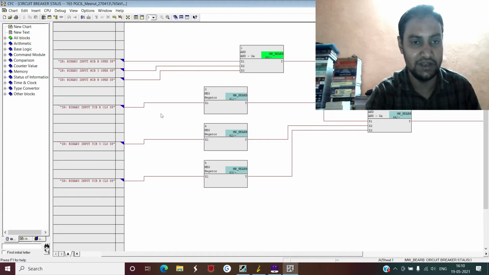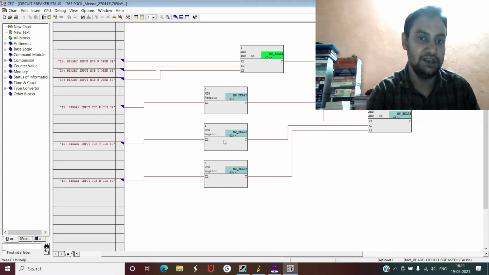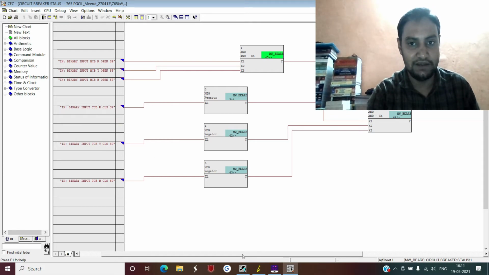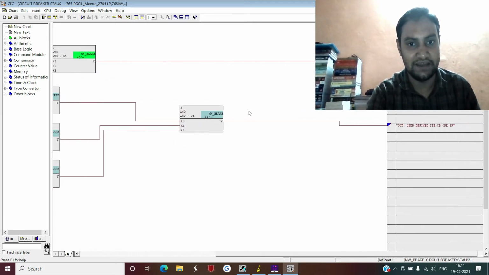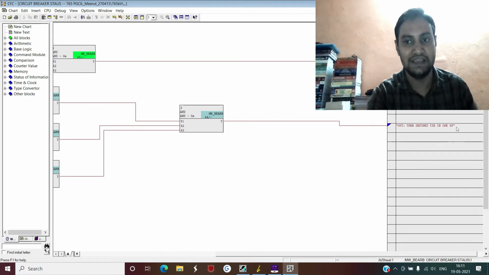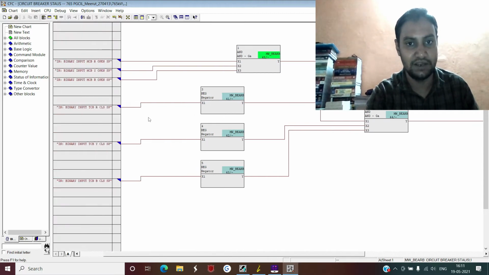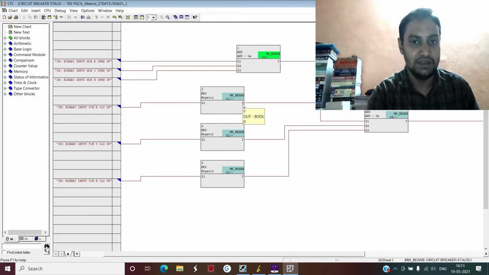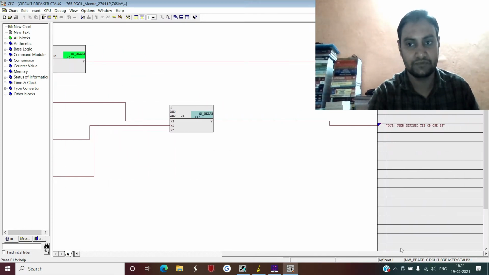So what has been done here is that we have simply used three NOT gates, one each for tie circuit breaker R phase, Y phase and B phase, and then one AND gate is used, and the final output is the tie circuit breaker open status. That means this is your tie circuit breaker closed status coming from the field. So whenever all three phases are closed, the output of the NOT gates will be 0 0 0. So the AND gate output will be 0, and you will get no output here. That means your tie CB open status will be in the low state.